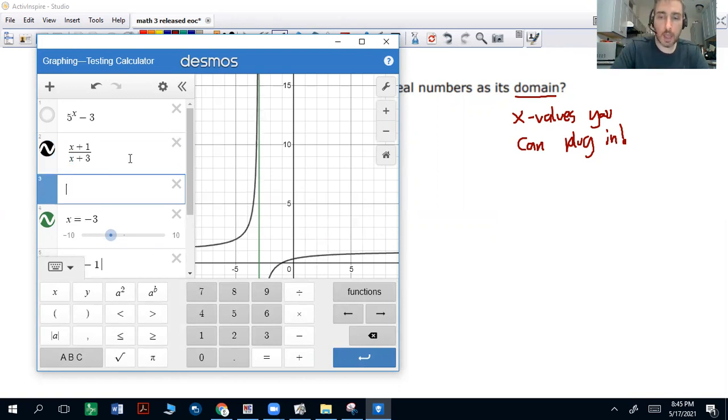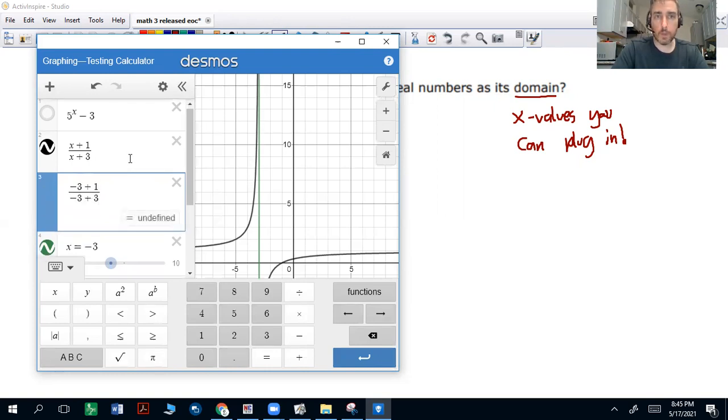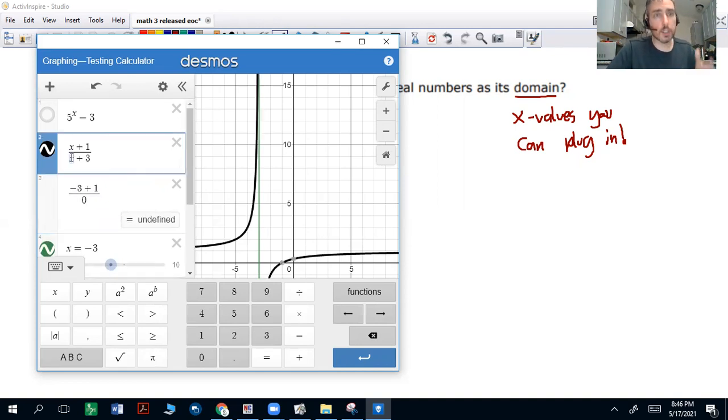So watch this. If I plug in a -3 in for x, it says undefined because of this denominator. -3 plus 3 is 0. You cannot divide anything by 0. Okay, dividing by 0 gives you an error. You can divide by 1, you can divide by -1, but you can't divide by 0. So when you plug in -3 into here, you don't get an output,